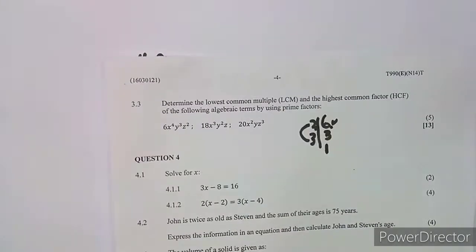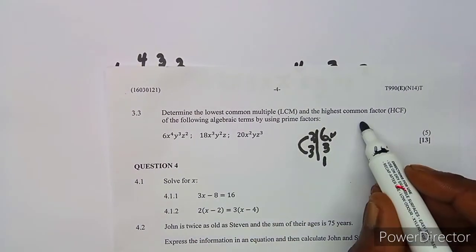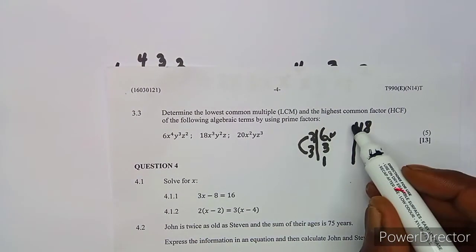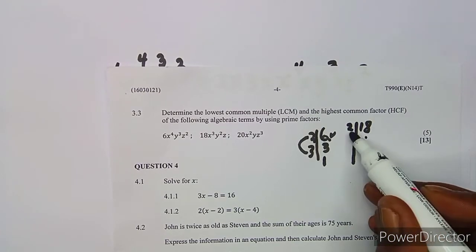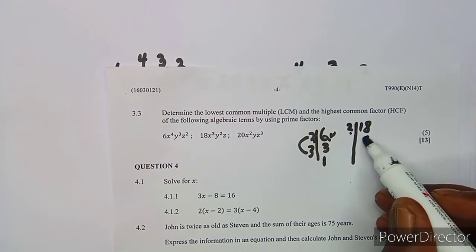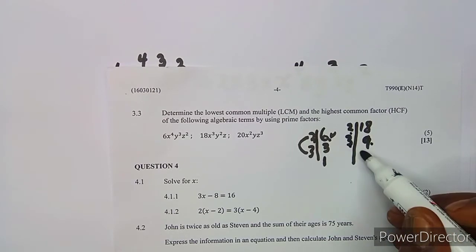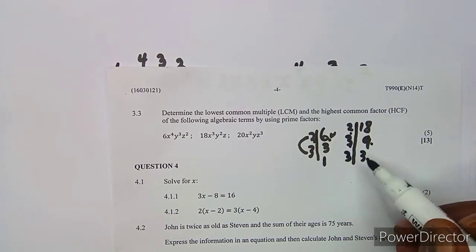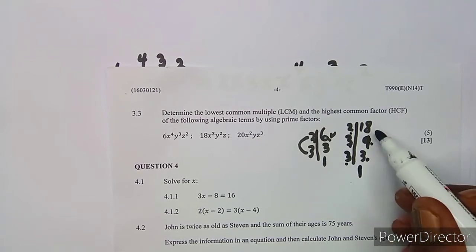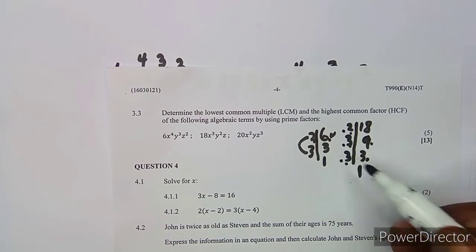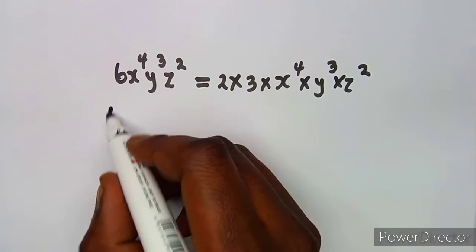Okay, we have got 18. We do the same, guys. For 18 we divide by 2, the smallest number. 18 divided by 2 is 9. We move on to 3. 9 divided by 3 is 3. 3, we move on to 3. 3 divided by 3 is 1. So as you can see, 18 is 2 times 3 times 3. So we have got 18